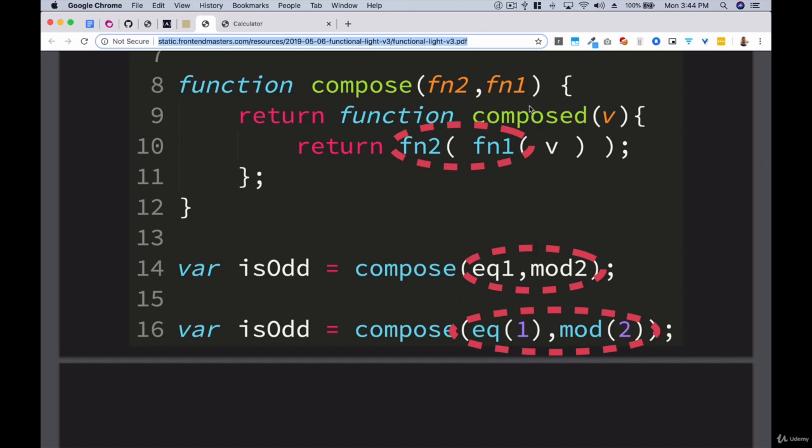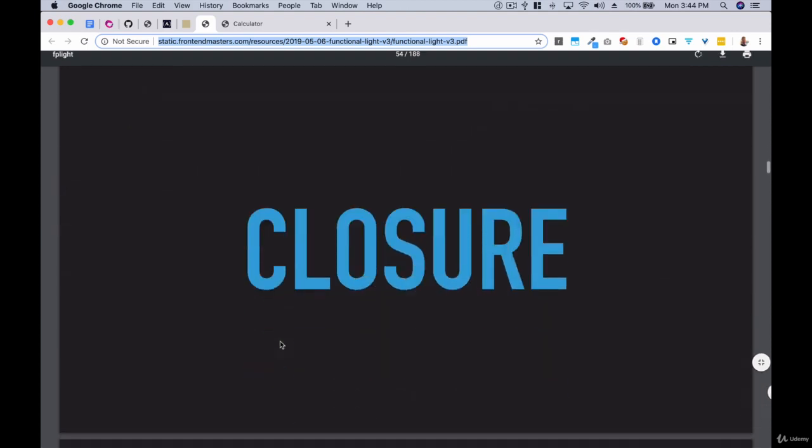And then we're going to say, remember, look, I'm passing in the second function and then the first function. So I'm calling them in reverse, so we're going to be reading from right to left. First, we're going to say mod2, then equals 1, and then is odd. So once we call